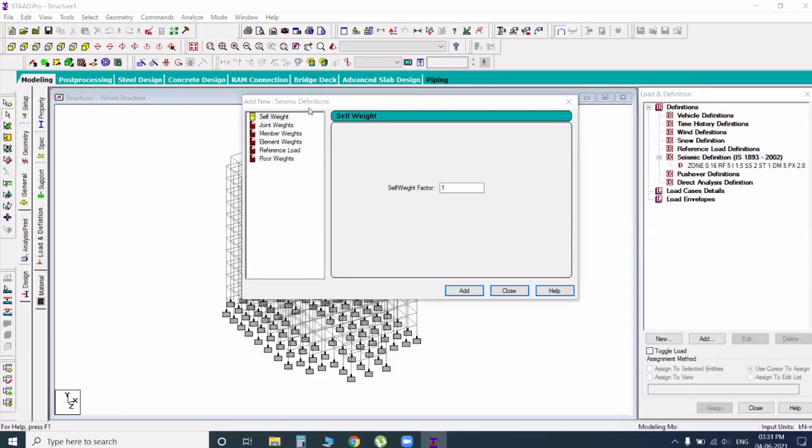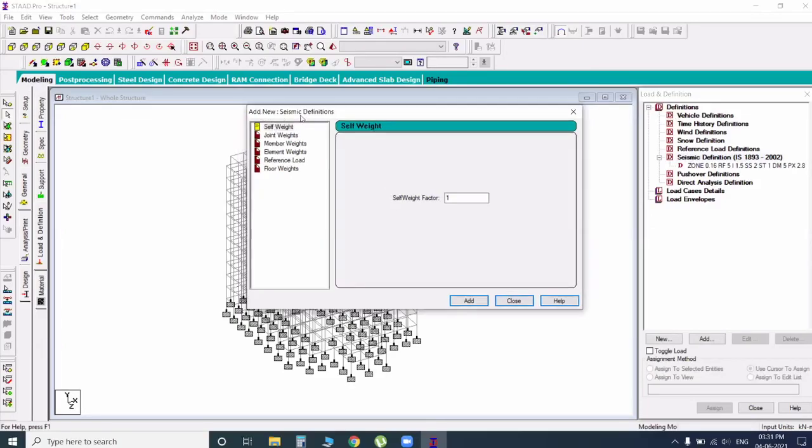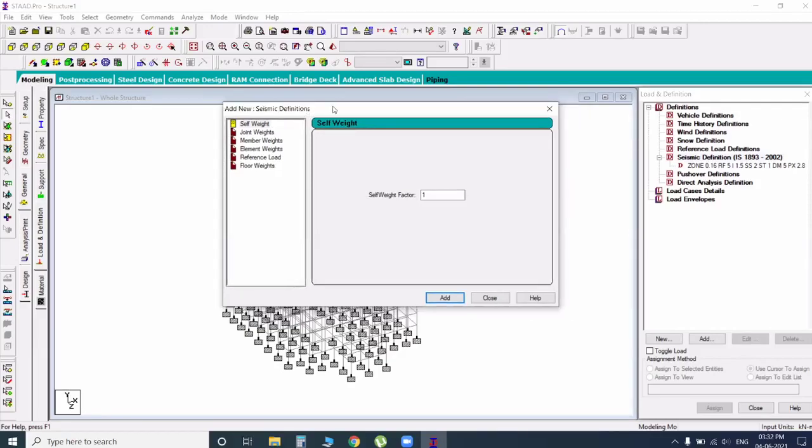So in wind, we can go with the dead load, live load, and wind directions in the load case, and the definition is wind. For seismic, we go directly with the definitions. Then it will ask for the different types of load definitions, meaning dead load and live load only, but do not enter them indirectly. We can enter them directly. Directly means when you click on add, it shows this window. And suppose it does not open automatically, then uninstall the software and install it again.